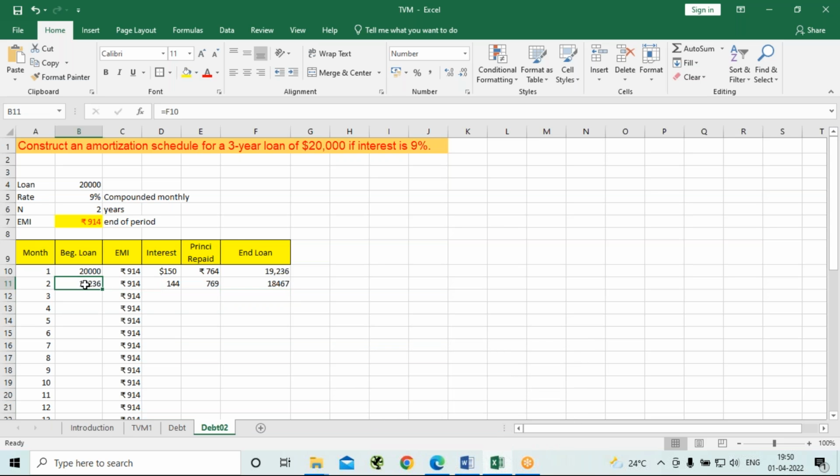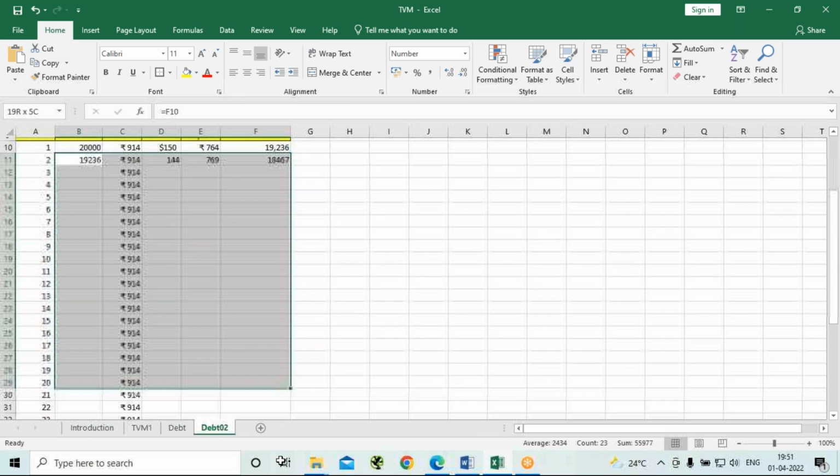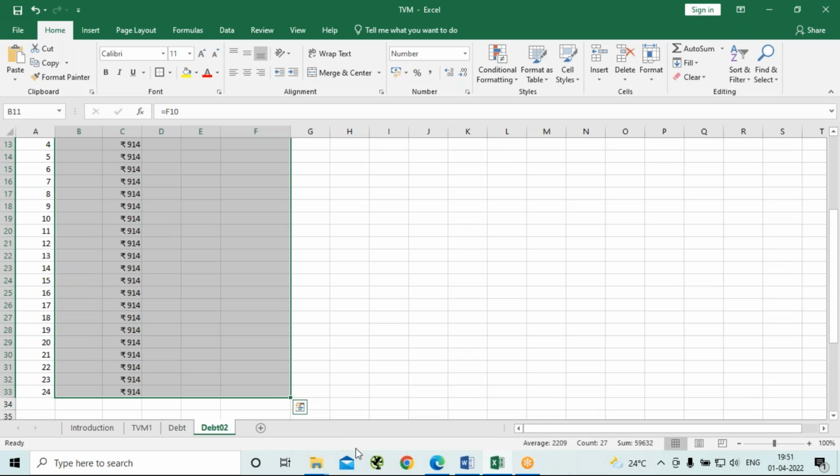You just have to select the cells and drag it, or you can select the whole table. And what is the shortcut key we are going to use to apply the selected cell functionality to all the other selected area